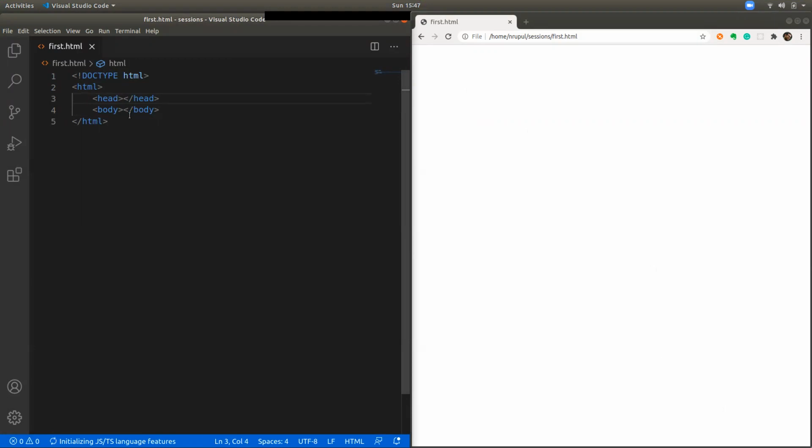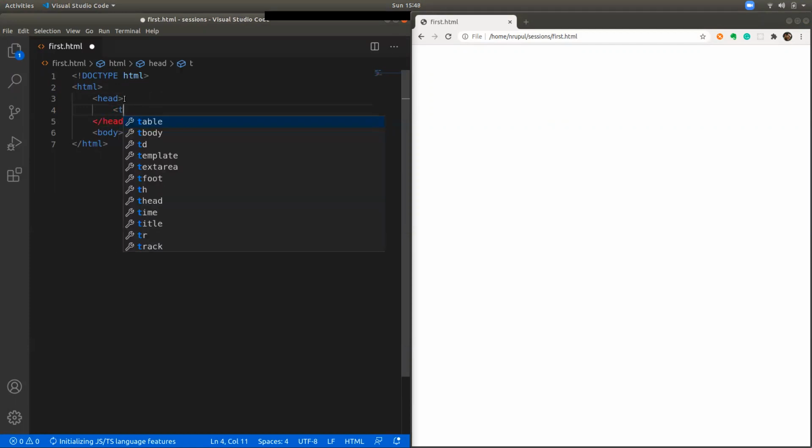Okay, now the head can contain multiple things. One thing that you might not know, but you might be very familiar with, is called title. The head tag can contain one element called title. So again, I'm putting this inside the head element. When I put this title element, I close the title first, then the head is closed. So make sure when you are putting elements, they are completely inside a particular element, not starting inside and ending outside. That is wrong syntax.